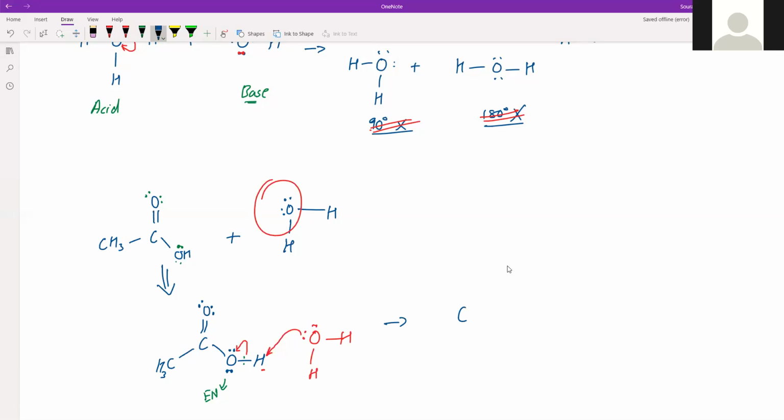We'll get the same thing, that is C double bond O as it is. There won't be any change, and there won't be any change on this section as well. But on this section, as you can see here, the shared electrons have been taken by one of the oxygens. So this oxygen will have all 3 lone pairs and a negative charge, obviously because it has an extra electron. And what will be left here? This H plus will go with this oxygen, and this will give us again a hydronium ion.